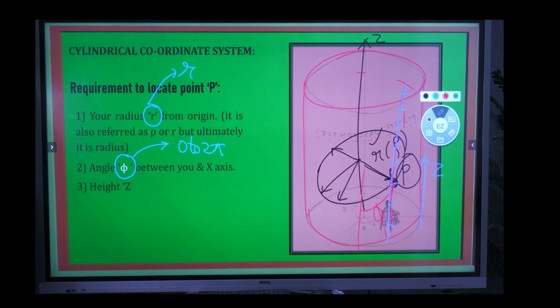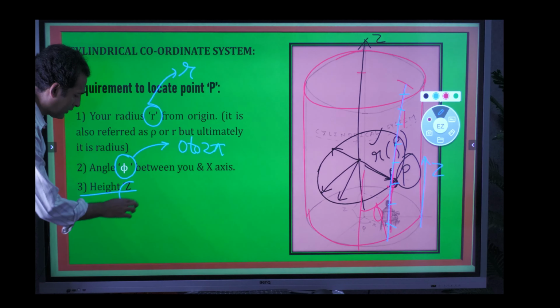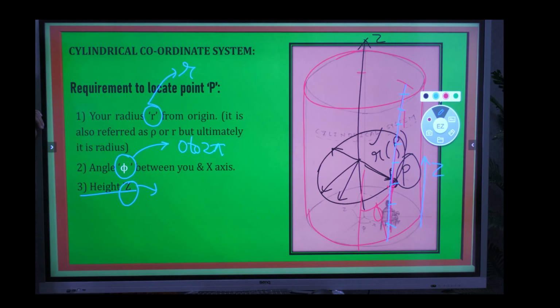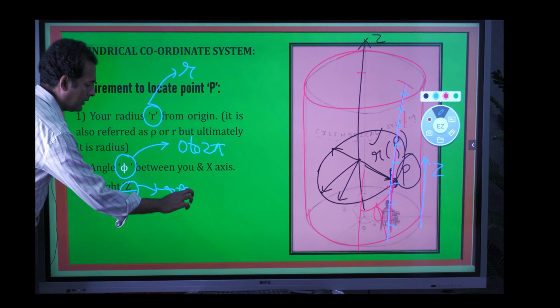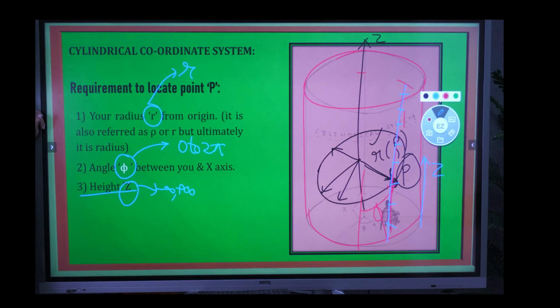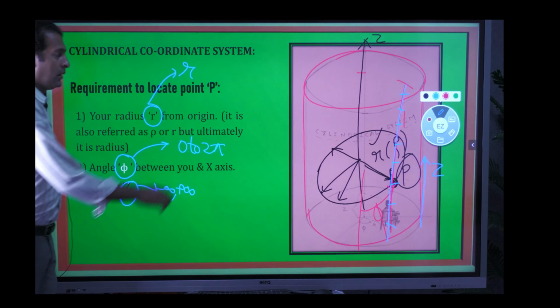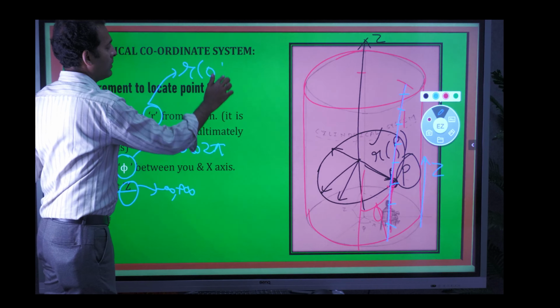Then the third one is the height z. So when we know these three point locations, what will be the limits for z? It is the same as in the Cartesian coordinate system, so it will be from minus infinity to plus infinity, right? Okay. And what will be the radius limits? It will be from 0 to